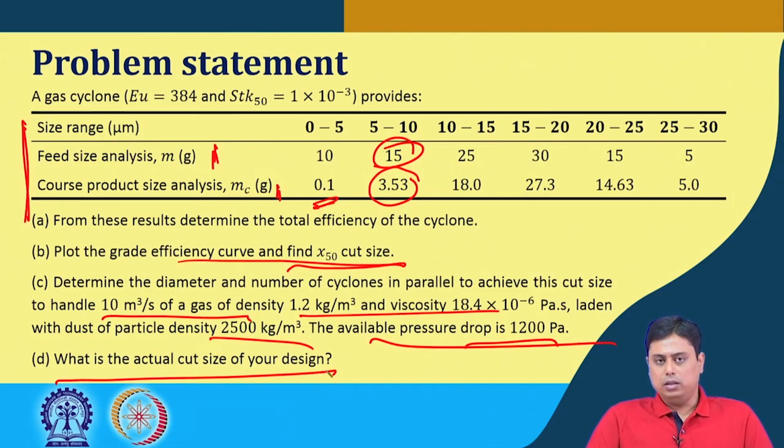So I hope this problem is also clear to you, and you have now understood that if this size distribution data is given, Stokes number, Euler number, physical properties are given, we can easily find what would be the x50 value, and intermediately to have this x50 we have to get the grade efficiency. From grade efficiency we calculated x50. With the help of x50 we calculated the number of cyclones that are required,